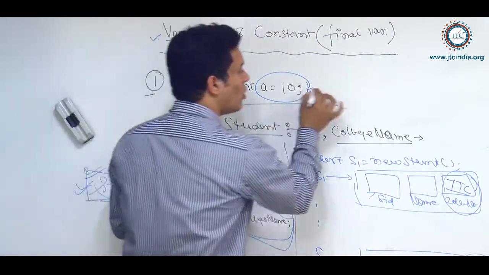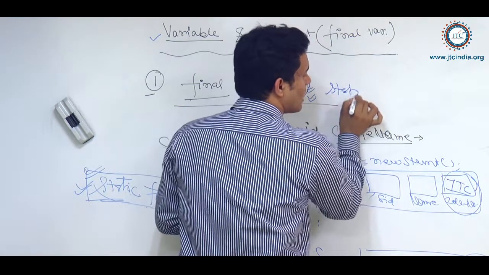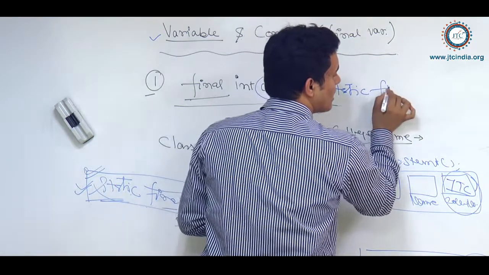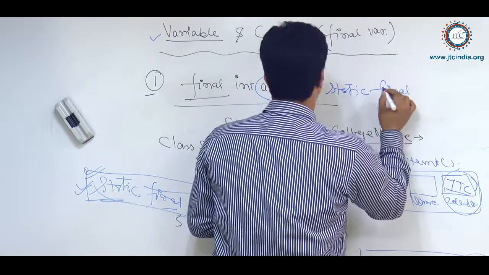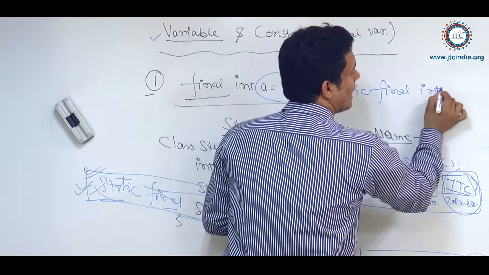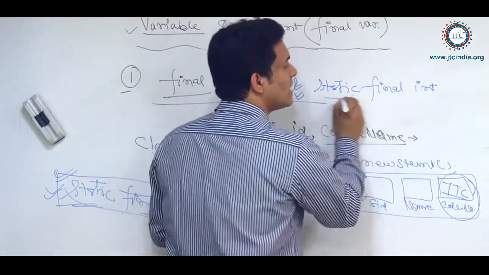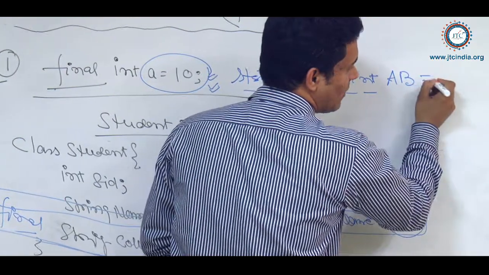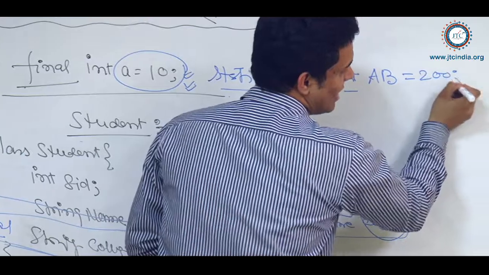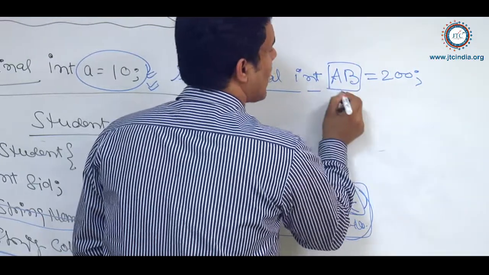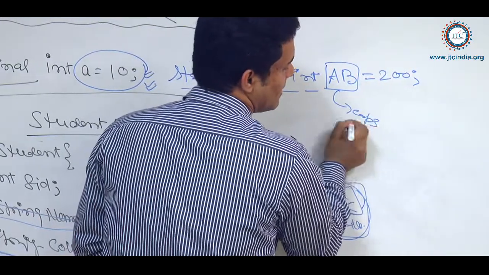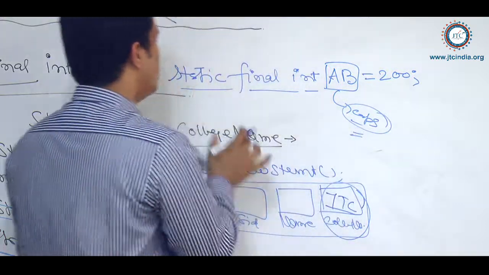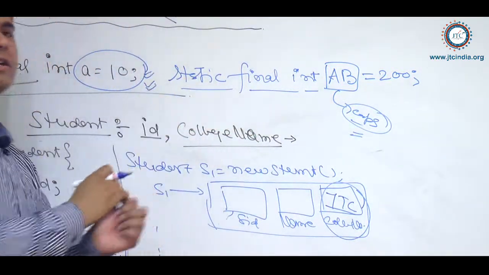So in order to declare a constant, you must declare it static final. What is that now? Int of, and see, according to the JLS, the Java Language Specification, constants or static final variables must be in capital letters. It must be in caps. So this is what exactly our constant is.